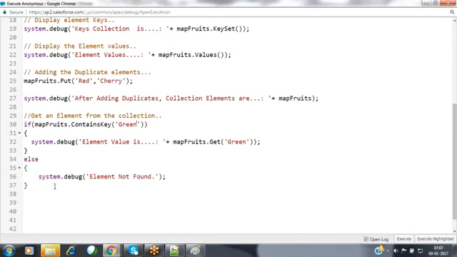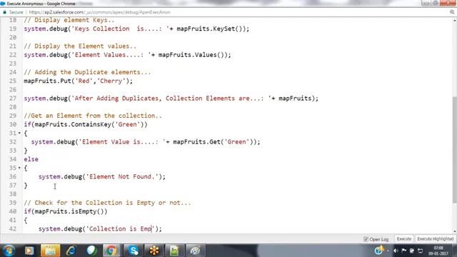The next one, check whether the collection is empty or not. I want to cross check whether the collection is empty or not here. So for that we are using a method here. Now if map of fruits dot isEmpty, I want to show that message, system.debug collection is empty.